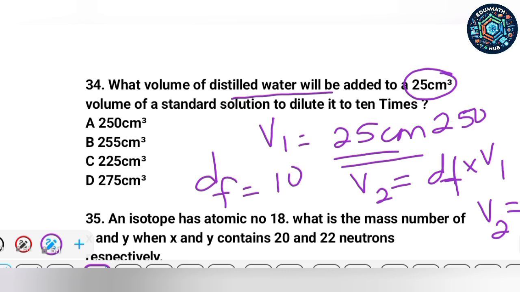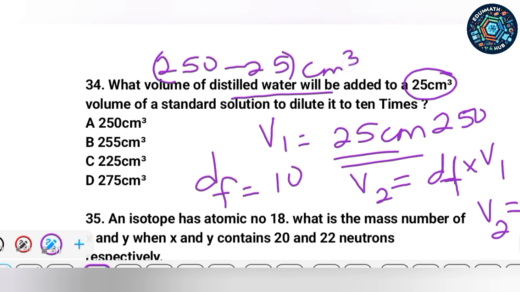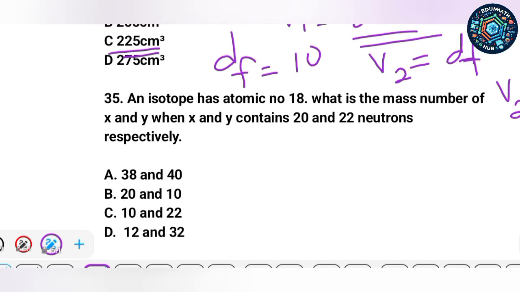So it's very easy. Just subtract the two answers. Just do 250 cm cube minus 25 cm cube. So anything you get to be your final answer. So the final answer will give you 225 cm cube. So the final answer is option C. If you solve this, you will get 225 cm cube. Okay, so that's the volume of water that you have to add to make the volume to change to 250 cm cube. And for number 35, an isotope